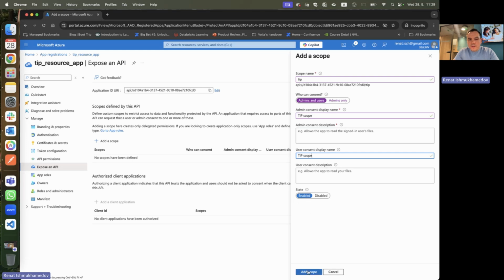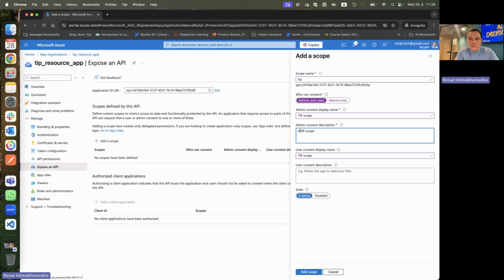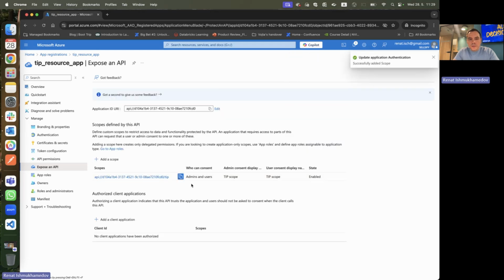And I leave the state as enabled. So I want to keep this TIP scope, providing TIP scope access. And I'll leave the state as enabled because I want this scope to be enabled by the application. Great. Now that I have configured my application to expose the scope,